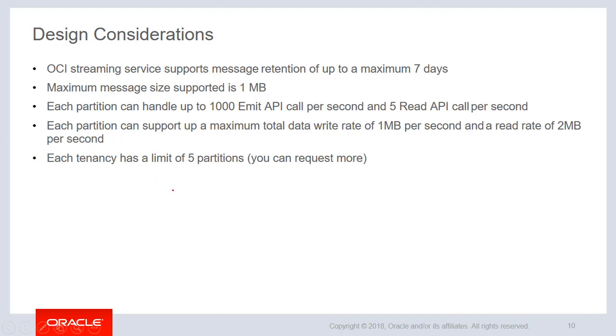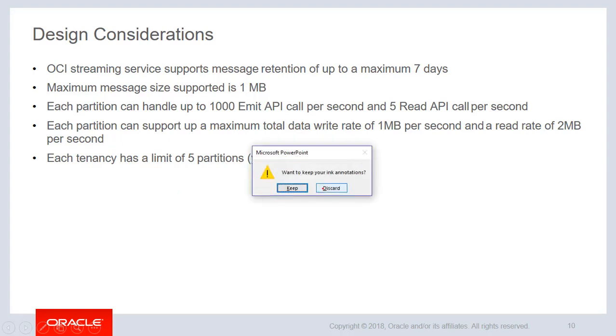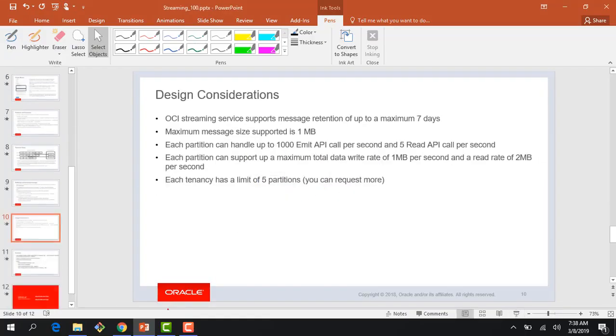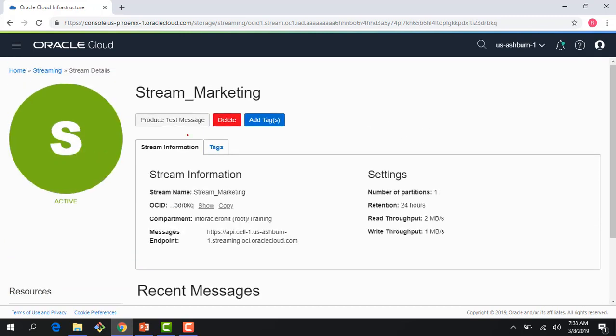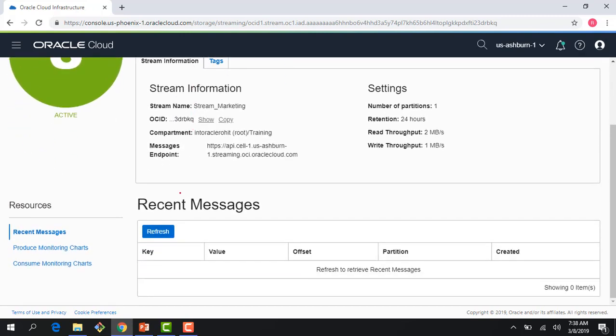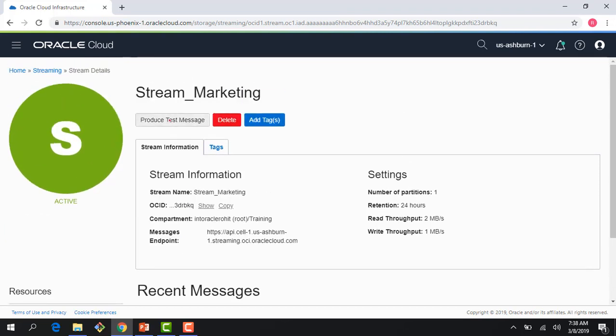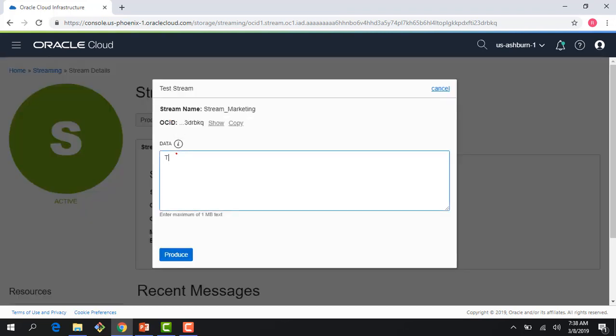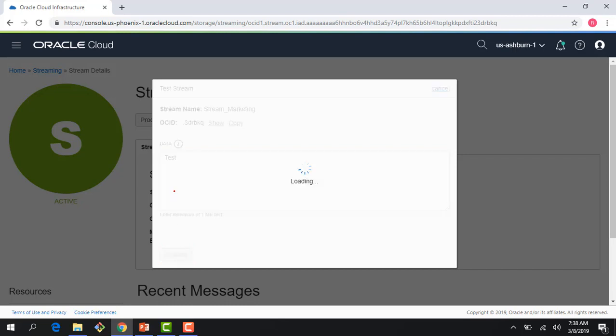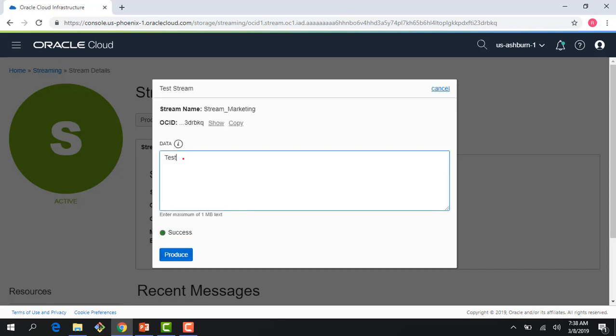So let's go back to the console and write some messages. If I go back to the console, I can see my stream is created and it's active, and I can produce test messages. So I click on produce test messages, and I'm not using an API to do that right now. I click, first message. I produce my second message. I can produce another message. I can produce one more message. And if I refresh now,